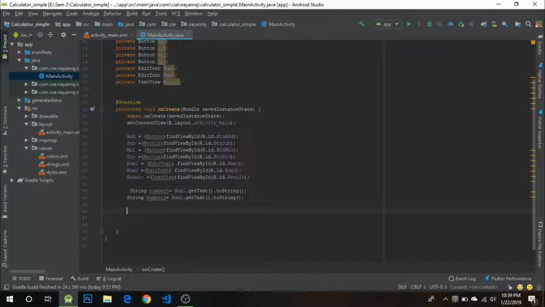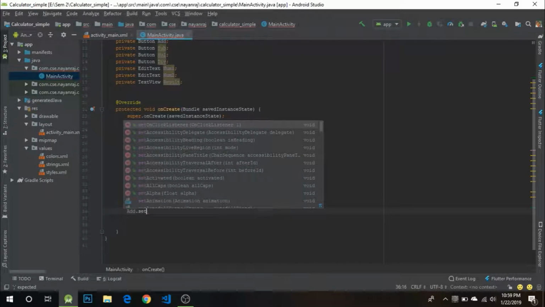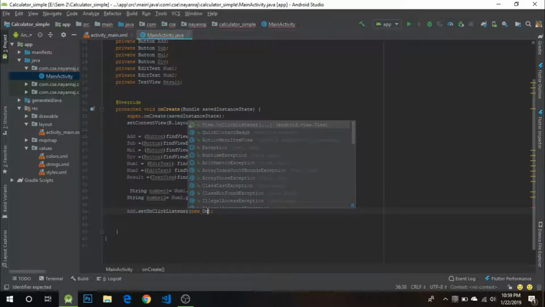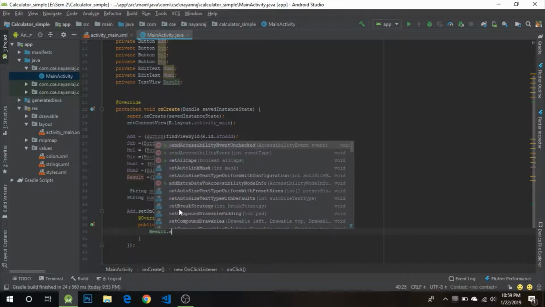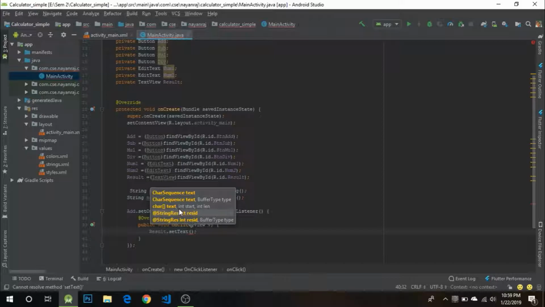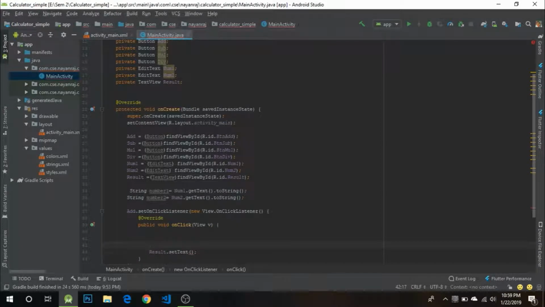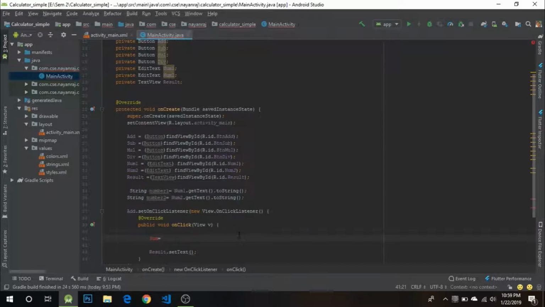So whenever we click the add button, we need to set an on click listener is equals to new on click listener. Okay, whenever that button is clicked, I need to change the text of the result, right? So before that, I'll write result dot set text. So what I need to set, okay, before that I need to do sum, because that's the sum, right? So I will write a sum is equals to,